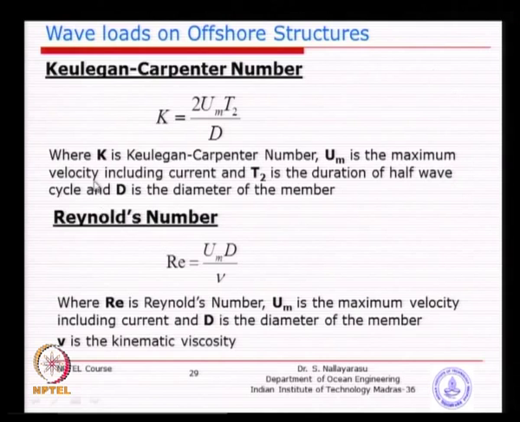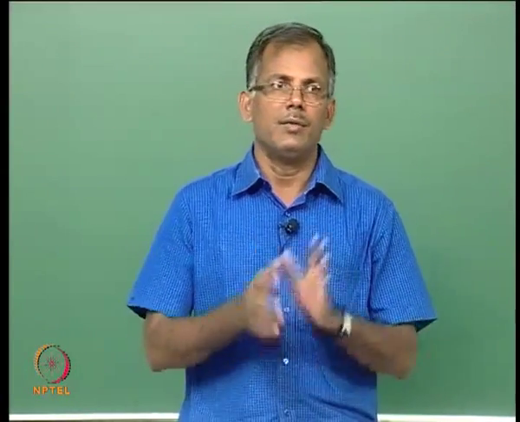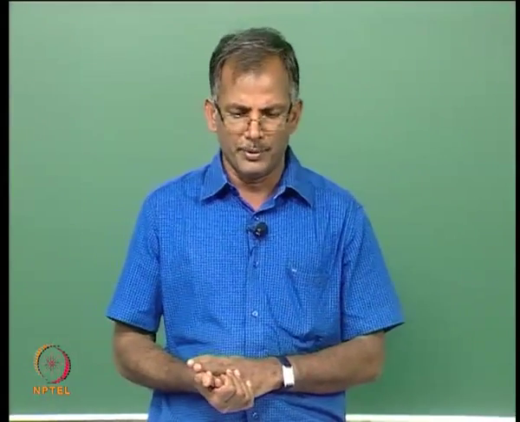Most of the literature presents empirical coefficients for wave load calculation in terms of K, but in recent times some have been modified to Reynolds number. You might have studied Reynolds number, which again indicates the type of flow, whether it is slow, fast or super fast: the velocity times the diameter divided by the kinematic viscosity. This is also a representation of the flow conditions relative to the structure. The larger the speed, what will happen? Negative pressure will develop at the tail end of the structure, which means the contact between the fluid and the structure is very less. So, basically the boundary layer effect will come into the picture.